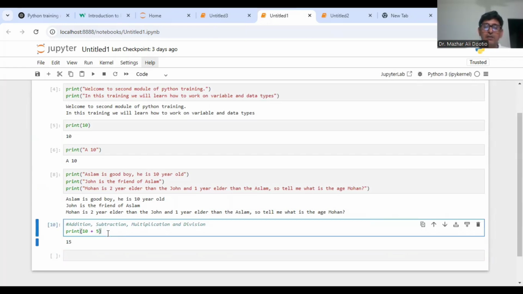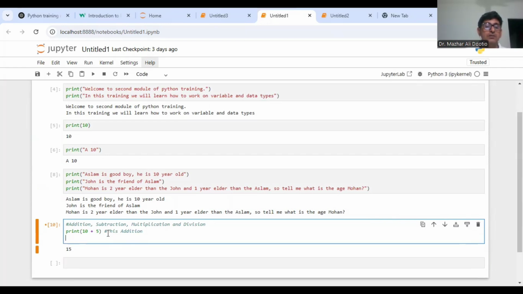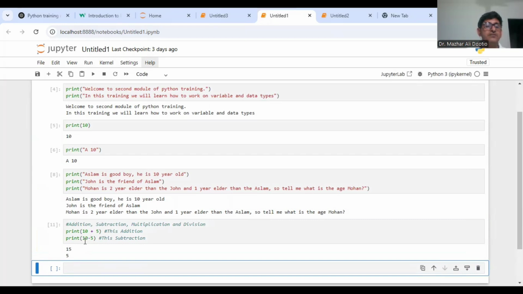Okay, you may comment even at this line as well. For example, hash, this is the addition. And now you want to do the subtraction. So print(10 - 5), and we want to comment it also. So the comment will be started with the hash. This is the subtraction. And shift enter. You see 10 plus 5 is 15, 10 minus 5 is 5, and